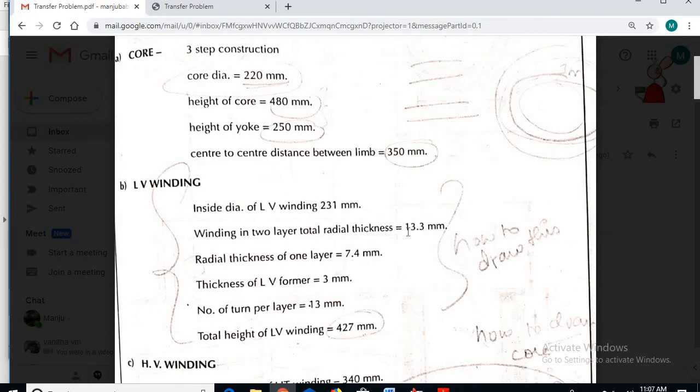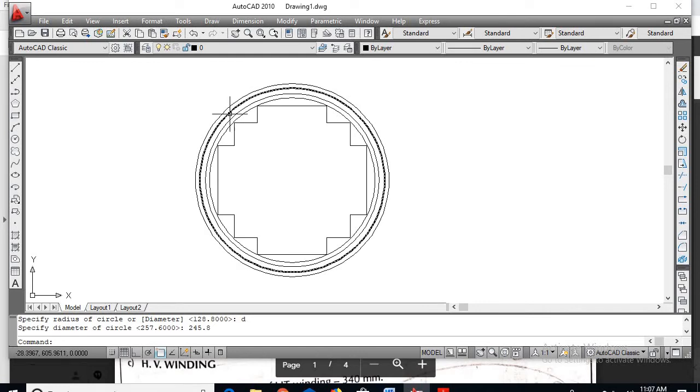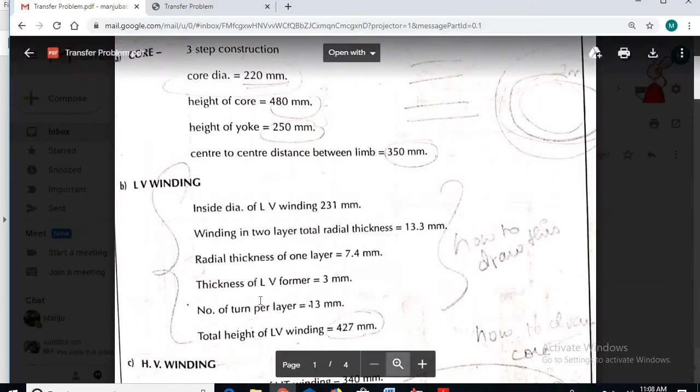You'll be getting around 245.8. So go for a circle, take the midpoint, type D, enter, 245.8, enter. Now this will be the 2-layer LV winding. Okay. Next up is giving the outer diameter of HV winding.